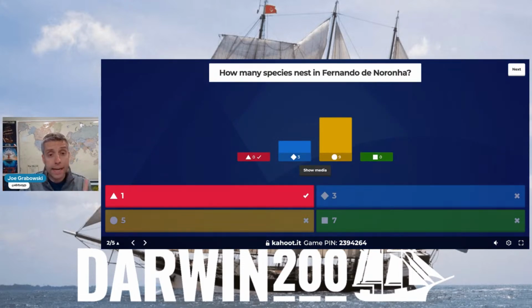All right, it is 1. It is that green sea turtle. And then the hawksbill feeds around the island, but the green sea turtle is the only one that actually nests, which means...